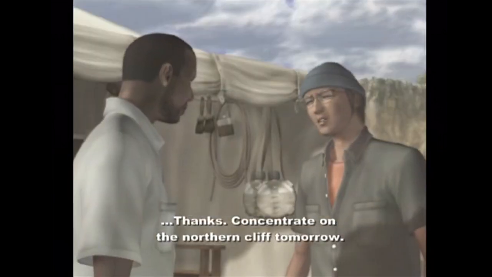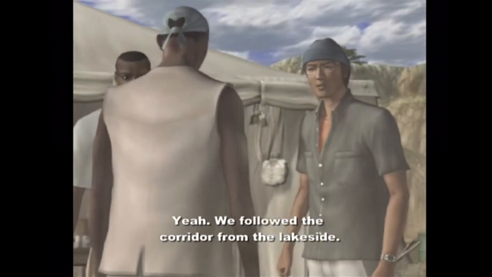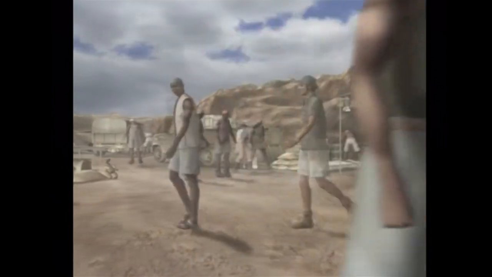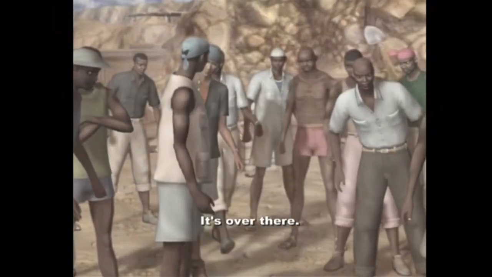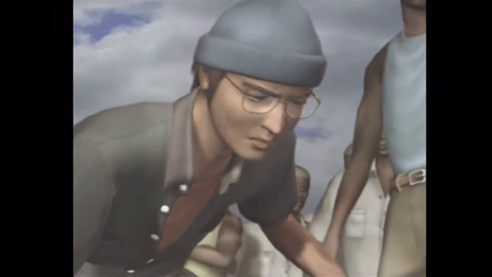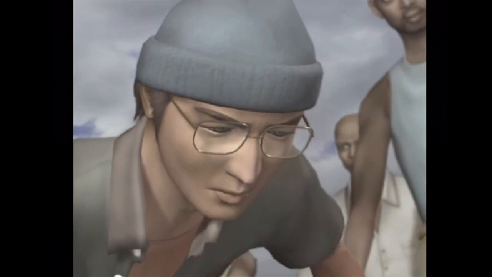Concentrate on the northern cliff tomorrow. The ground there is hard, so be careful when you dig. Yes, sir. Doctor! Dr. Masuda! What is it? Did you find something? Yeah, we followed the corridor from the lakeside. It matches the location described in the research paper. That must be it. Good. Show us where it is. It's different from the others. I knew it! It's over there. This must be...